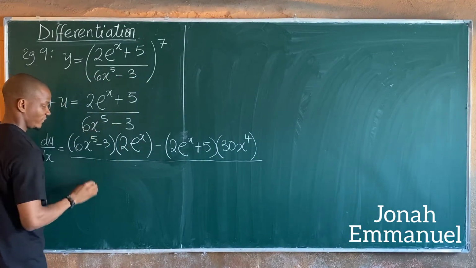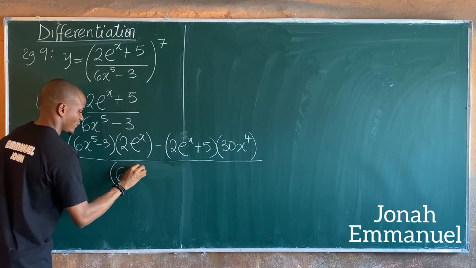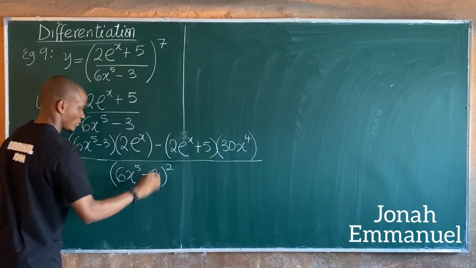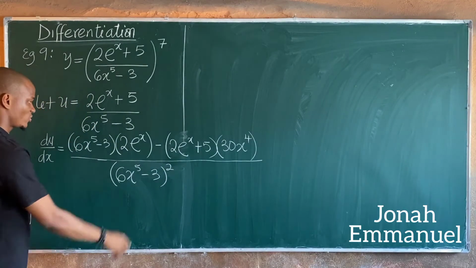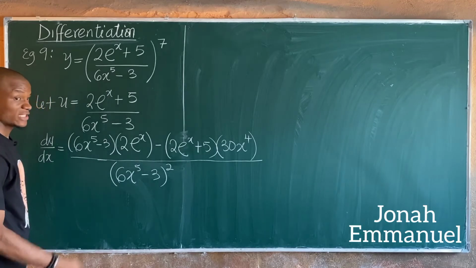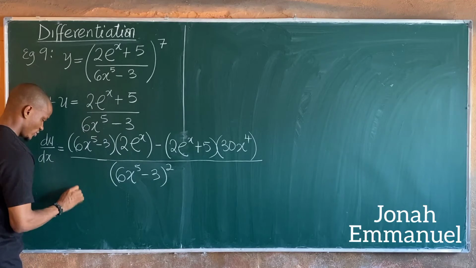Work on this, becomes v squared. So I'm having 6x to the power 5 minus 3 all squared. Any like terms? Not really. Just to expand this, as I said, but I'm not expanding this, I'll leave it this way. Next up,